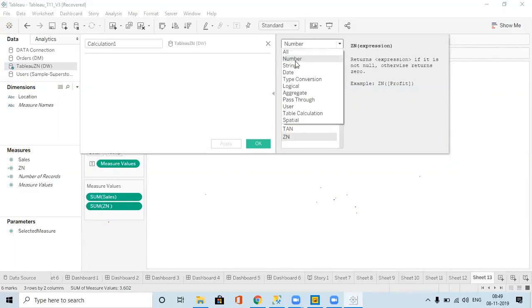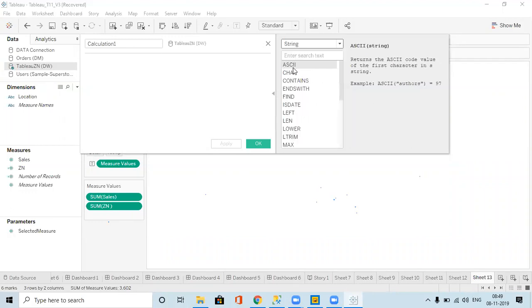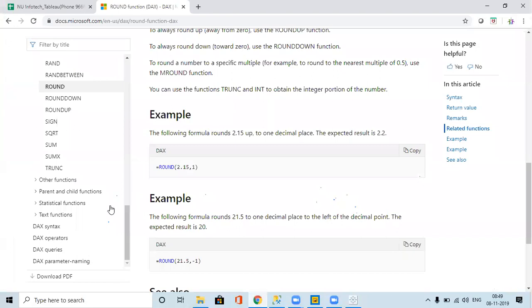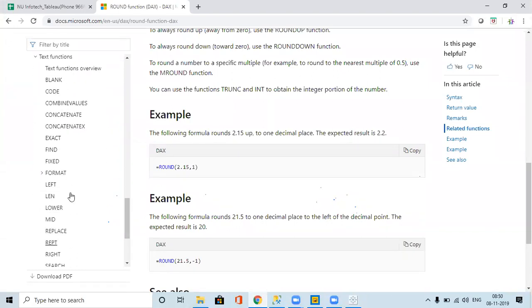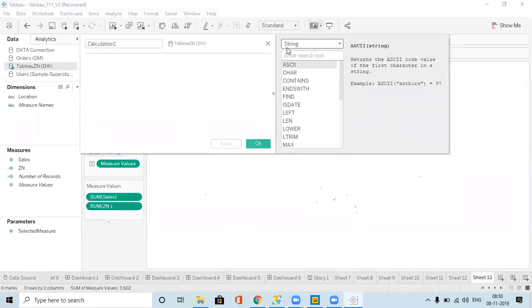Okay. So these are the number functions we have. The next is the string functions. We have the same string functions as text functions in Power BI. If you can see, we have text functions, right? So we have the same functions here in Tableau as well. Okay. So what is the ASCII function?